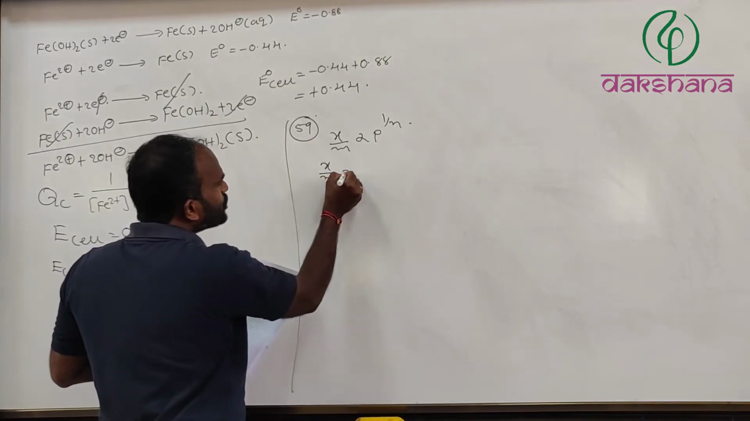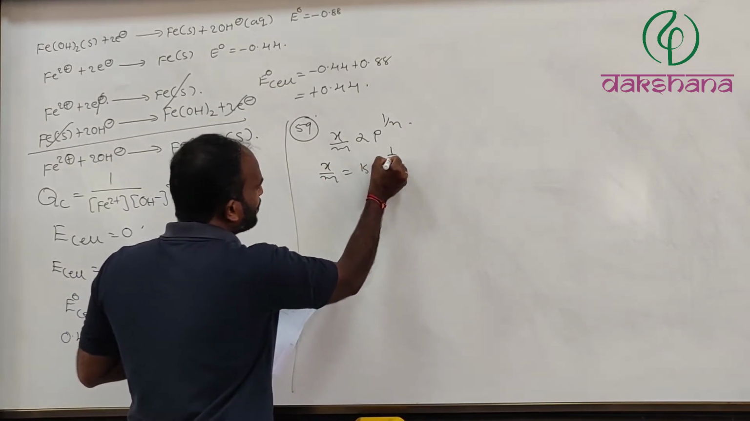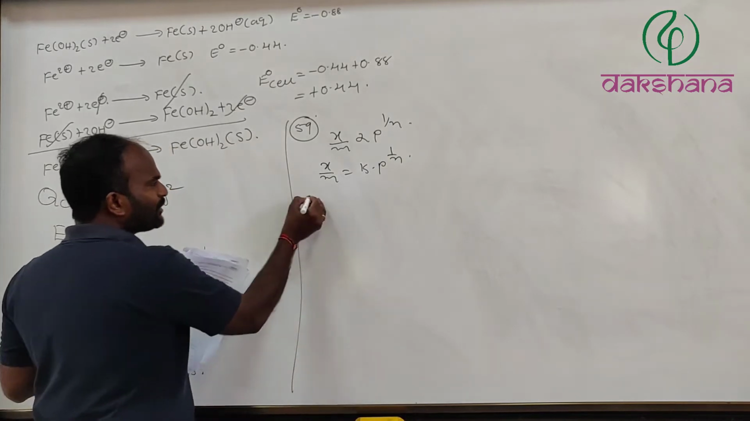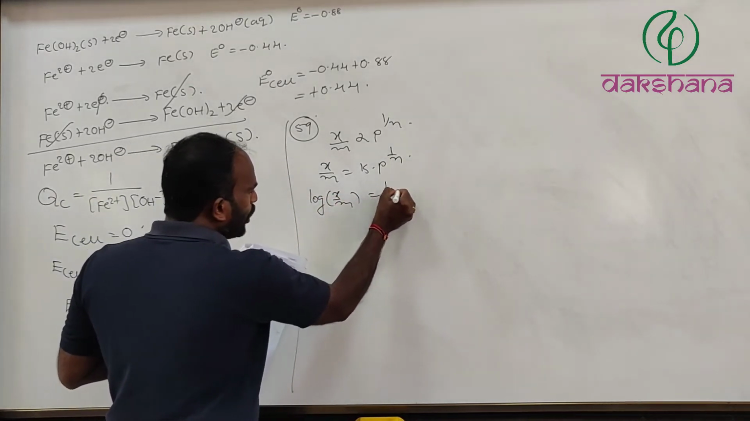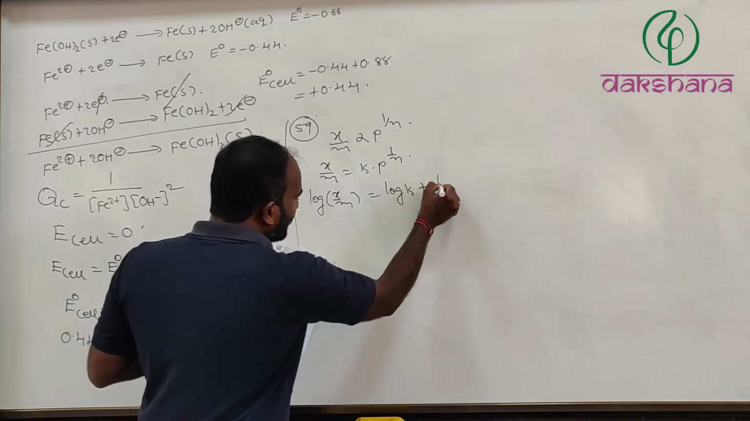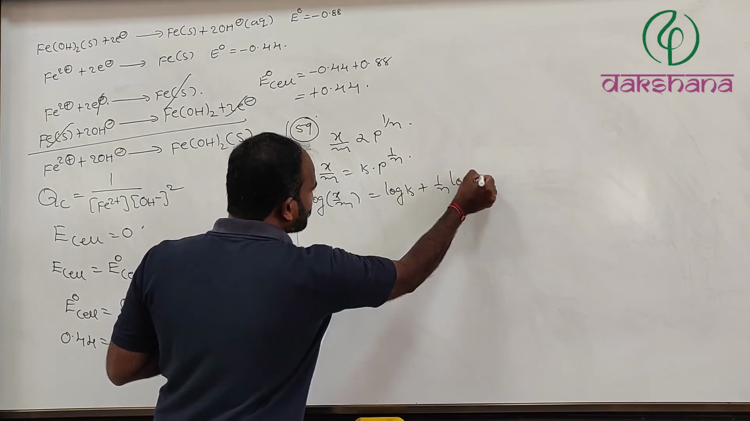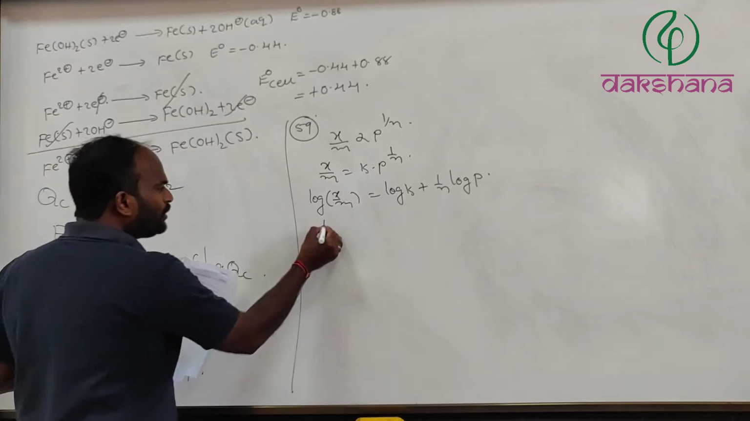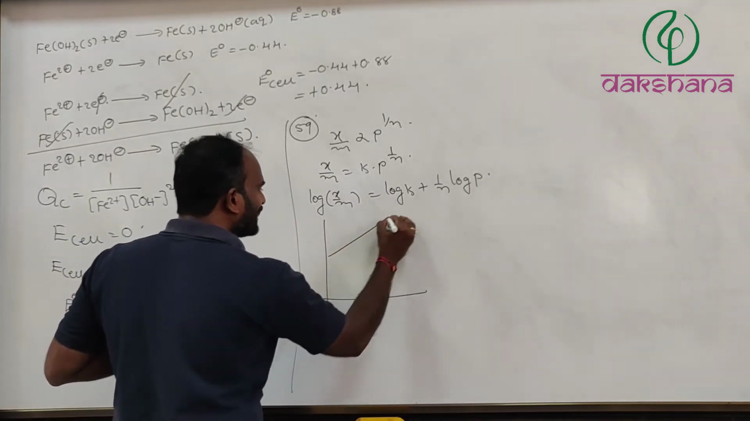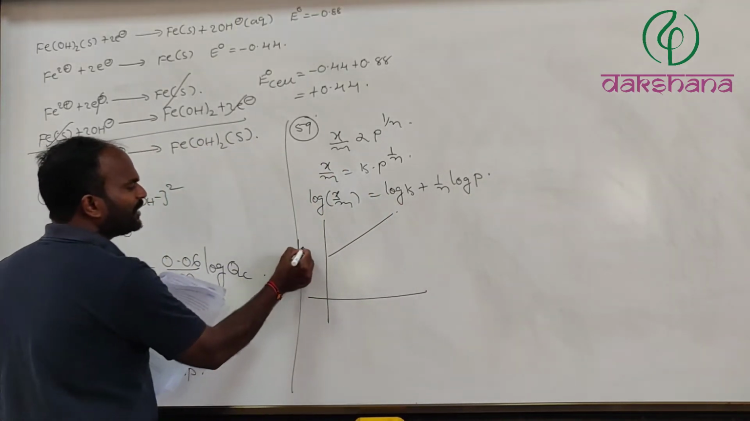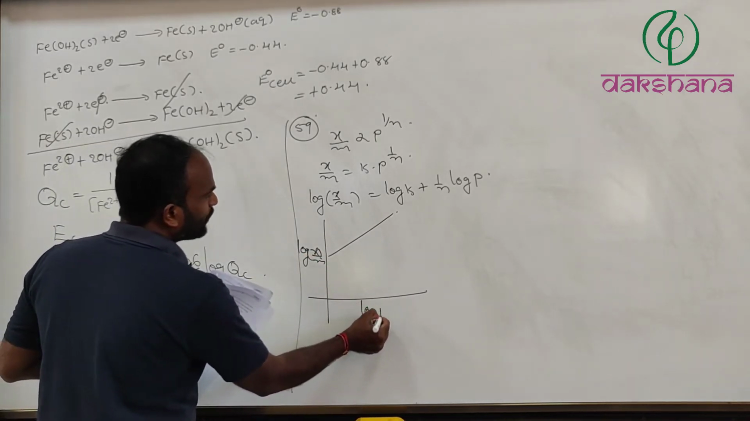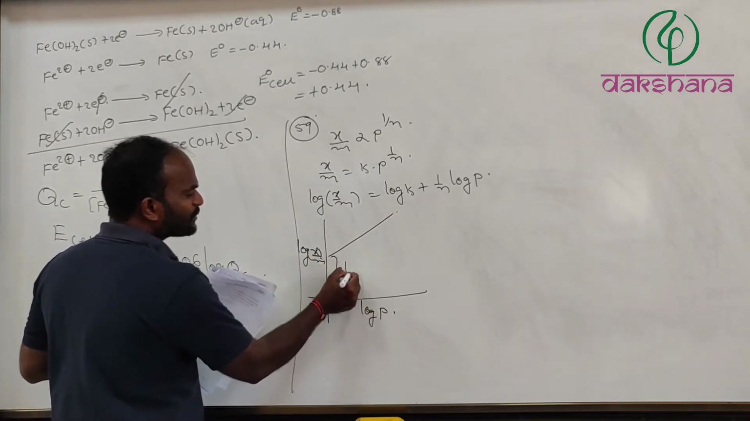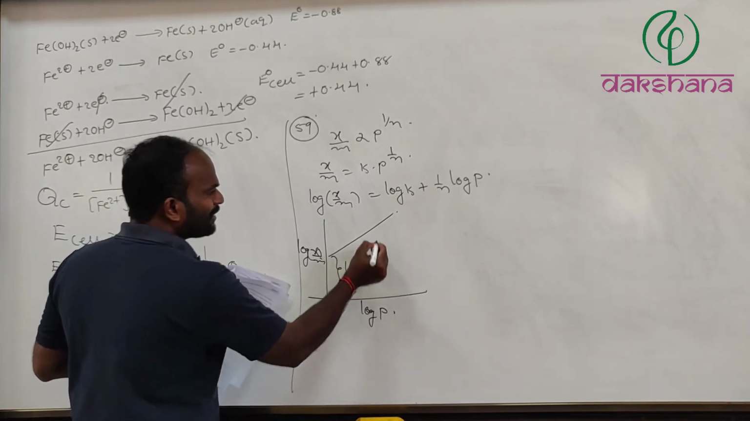x/m = k·p^(1/n). Now this will be log(x/m) = log k + (1/n) log p. And now the graph is going to look like this. Here log(x/m) is on the y-axis. On the x-axis we will have log p, and the intercept value is going to be log k, and